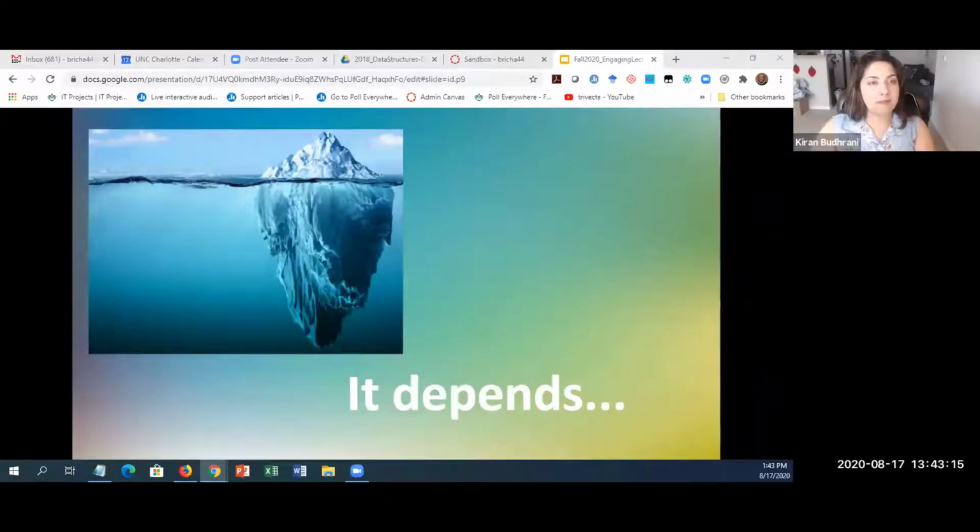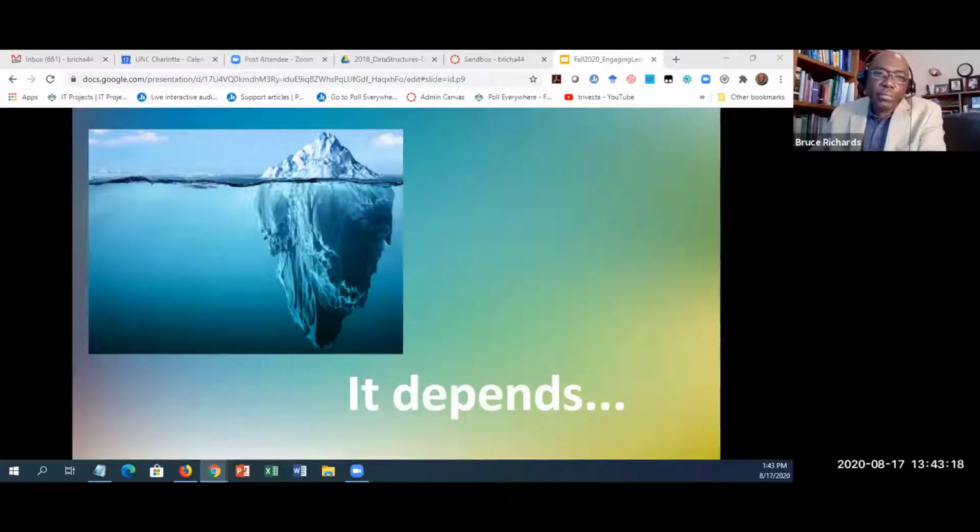Now, if you ask both of us, Kieran, Bruce, you have explained to us the transition we need to make. Therefore, if we do it this way, it will work. And our answer is, it depends. I know it sounds like a cop-out, right? But it depends. It depends on what tools you're going to use. It depends on your topic. It depends on you as the subject matter expert, the way that you're going to present or articulate it. It really depends on a lot of things.